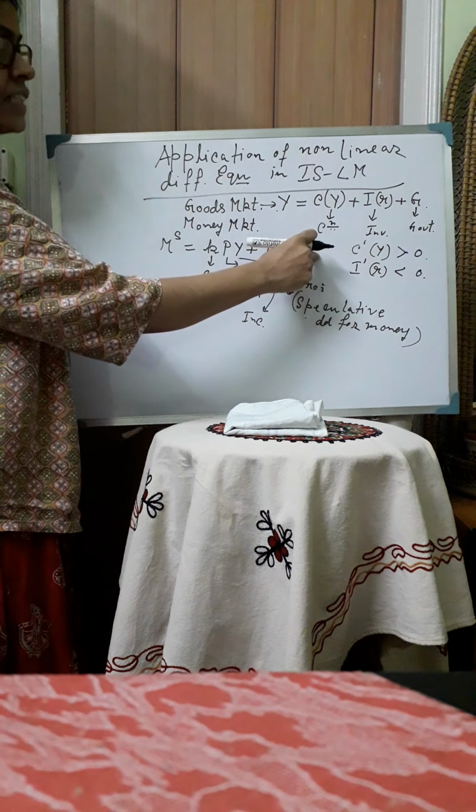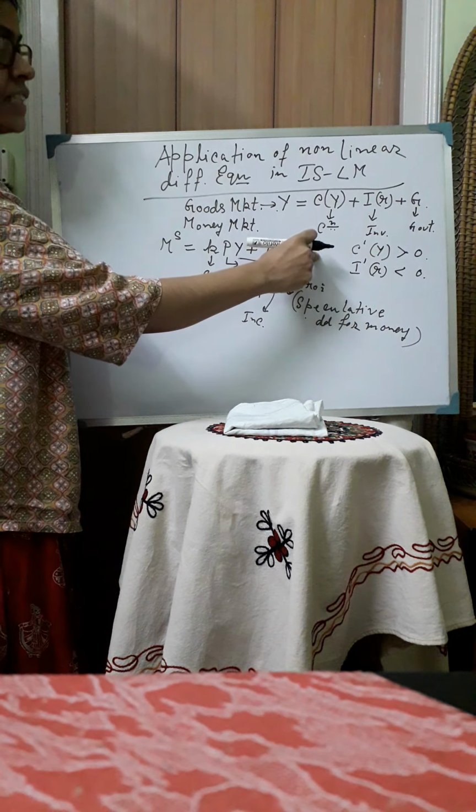Now if there is an increase in the aggregate demand for goods, so if excess demand is greater than zero, aggregate demand is greater than aggregate supply, then Y dot rises. So in that case we can say that F dash is greater than 0. So F dash is basically dY dot/dED. So if aggregate demand for goods rises, then Y dot also rises. So dY dot/dED, which is equal to F dash, is greater than 0.